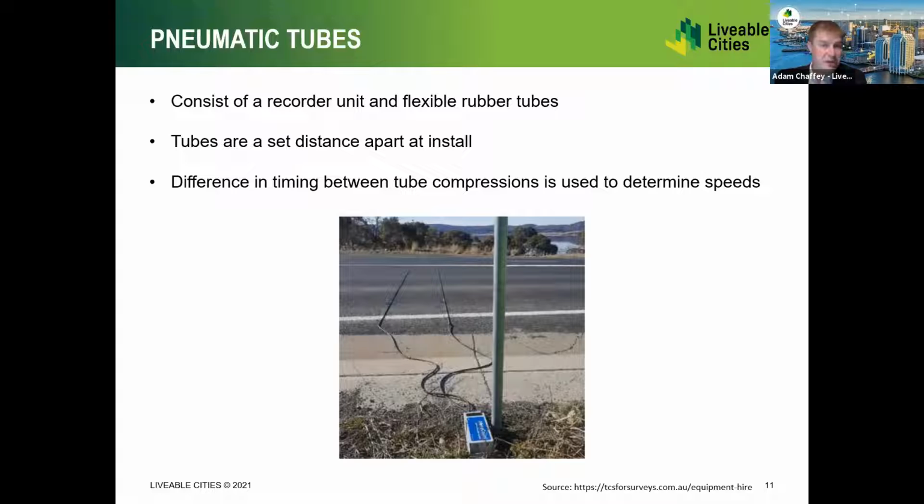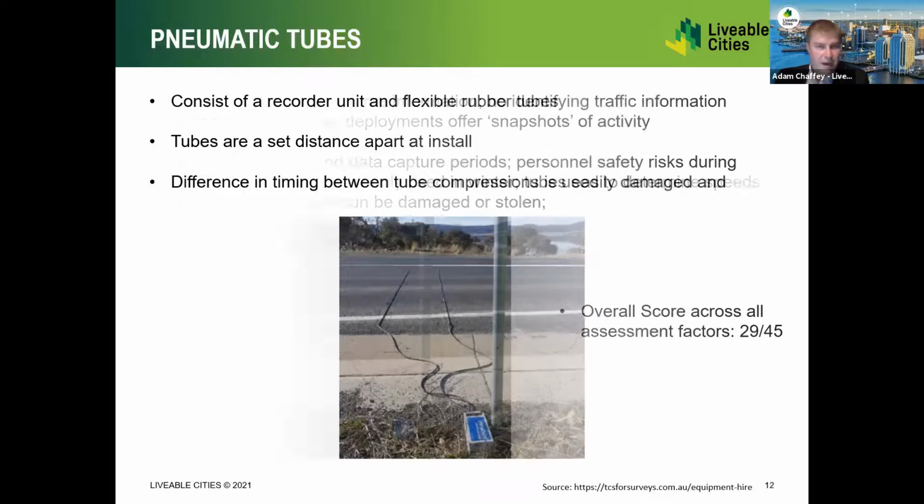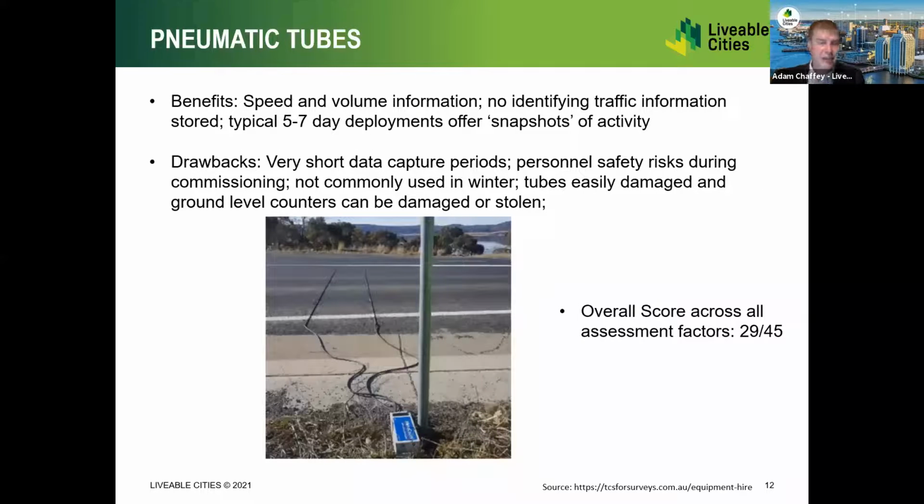We can get vehicle speed and direction of travel. And typically this is done for a study that lasts only maybe about a week or 10 days on average. It's very challenging to get systems to last longer than that without doing a lot of maintenance to change out battery packs, etc., or to maintain that equipment in the field for those short-term deployments. Also, vandalism of these assets is a challenge as well. In this country, we can't do a lot of traffic studies in the wintertime just due to regular road maintenance and snow clearing. So this is really a very short-term, short duration, and really a short window of time during the year when we can carry out studies with this type of equipment.